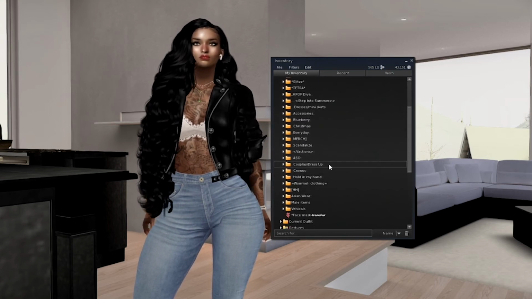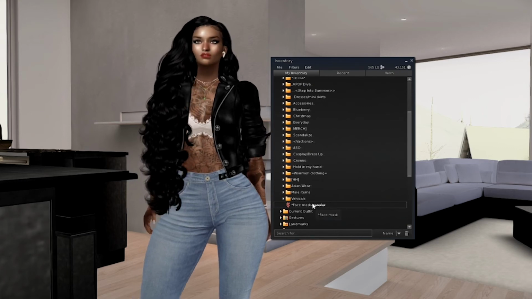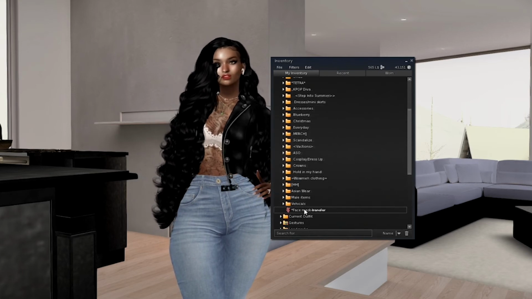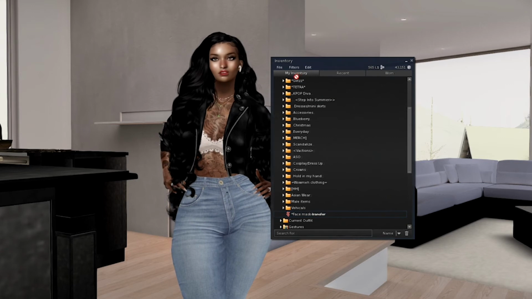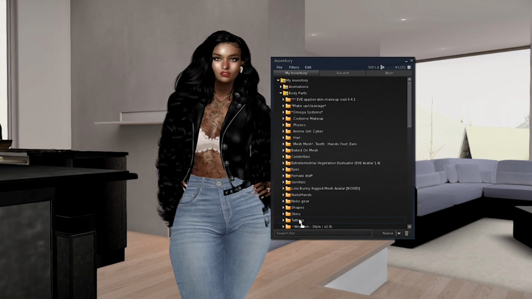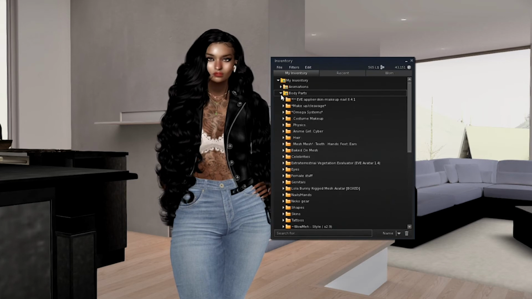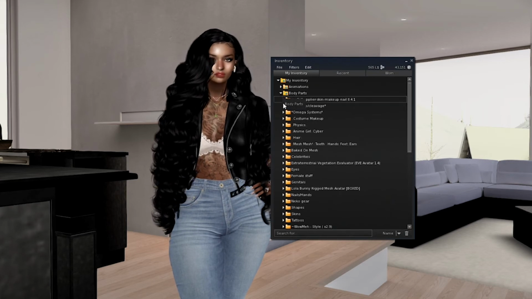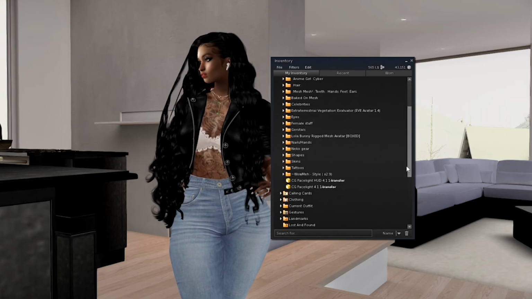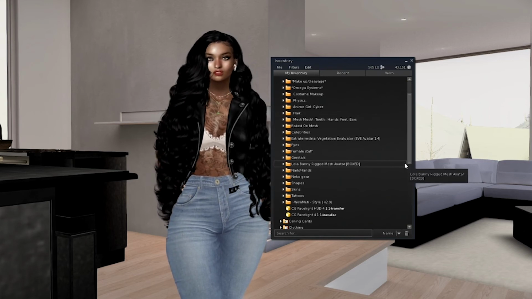And my inventory is pretty much set the way that I want it to be. What is this? I'm not going to, actually let me move this to my tattoo folder and I will look at that later. Everyone sets up their inventory differently. If you check out my cleaning out my inventory video, you will see how I set up my folders on my male avatar, and that kind of is routine for all of my avatars.